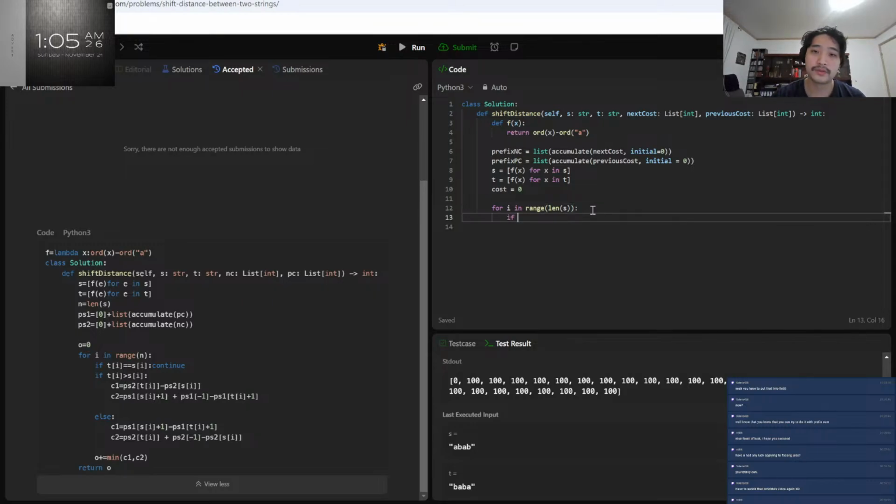So if s of i equals, because I want to elif. I don't need to do an elif. I might just do it this way, equals to t of i. It should continue out of the loop. No, what is it? Is it break? And okay, if the index of